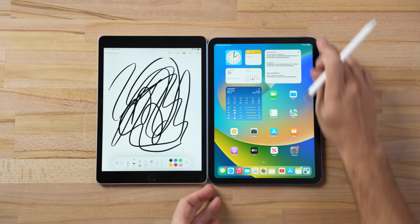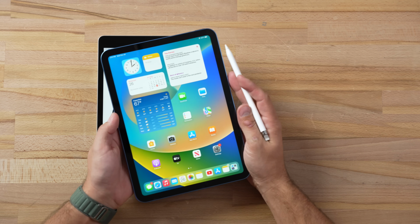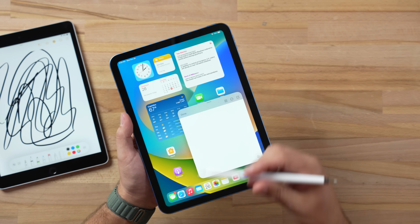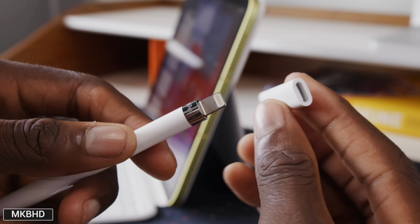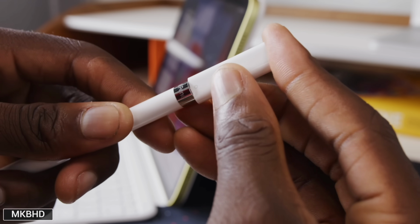Now that's because of the 60 Hertz and because we're using the old Apple Pencil. And what sucks is that the new one still uses the original Apple Pencil that came out in 2015. Now I wanna test out if the delay is any better, but I can't use this because you actually need an adapter now in order to be able to pair it and charge this Apple Pencil, because now we have